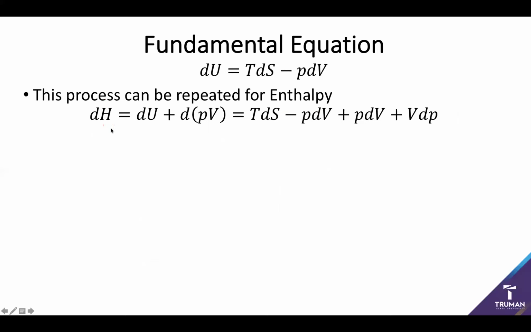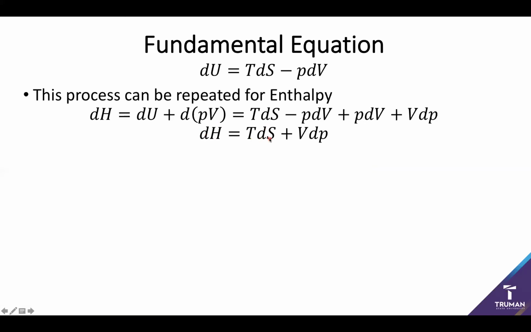So I know any change in enthalpy can be expressed as a change in internal energy plus the change in PV, which we can then split up into PdV and VdP. And then inserting our equation for the change in internal energy, we get TdS minus PdV plus PdV plus VdP. Yes, it's a bit of a tongue twister, but notice that the two PdV terms end up canceling out, which gives us, again, another simple fundamental equation, where any change in enthalpy is going to be expressed as a function